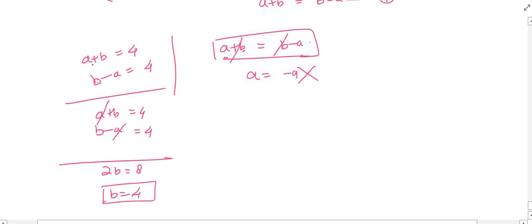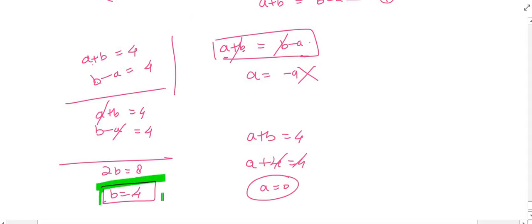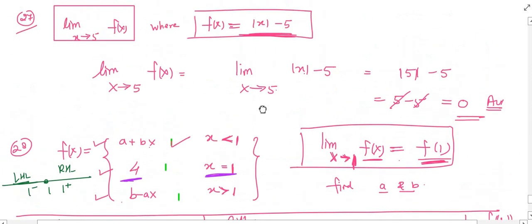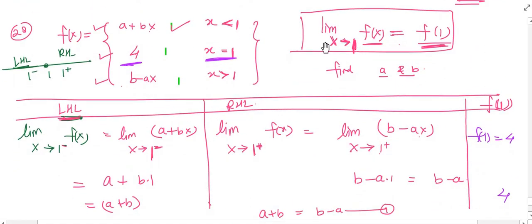If b is 4, let me put it in the first equation. A plus b is 4, so a plus 4 is 4. That means a is 0. So this is our answer. B is 4 and a is 0. This is our answer in order to satisfy the given condition, which was saying that limit